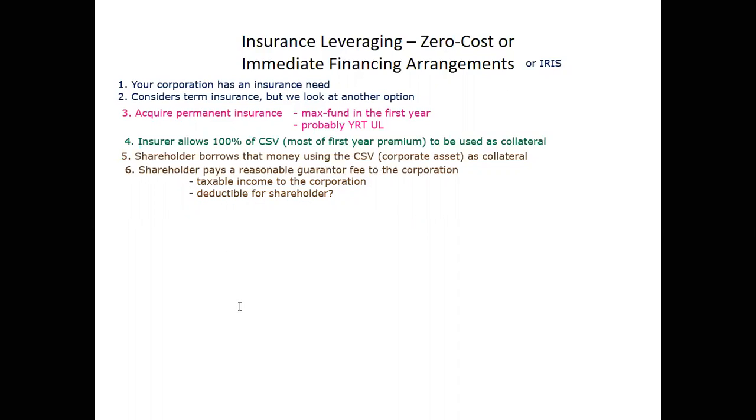Now, there was just an example of one of these that went through the tax court and it had all kinds of problems with it. In this particular case, the shareholder borrowed, I can't remember the exact amount, but it was about $400,000. So it was a fair amount of money, not a tiny little slice of cash. And the shareholder borrowing that money paid, I want to say, a $400 guarantor's fee. It was substantially less than 1%.